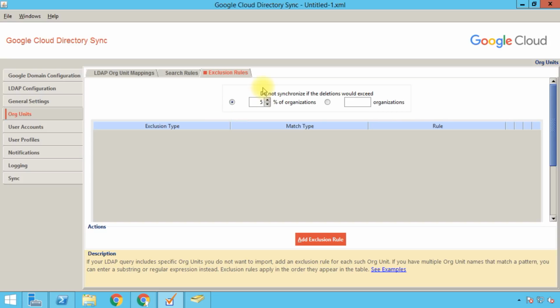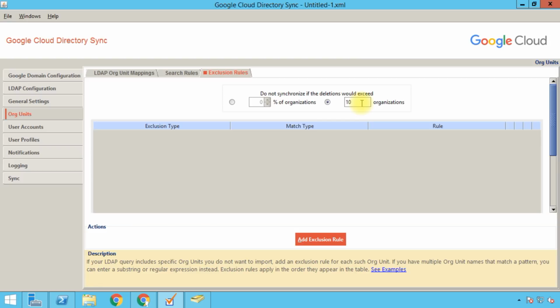So you see now the option tells us: do not synchronize if deletions would exceed 5% of organizations. This is the default value. You can increase it or decrease it to whatever you want, and you can also set it as an absolute number, for example 10 organizational units. This means that if you are going to delete 9 organizational units in the sync process, that's fine. If you are going to delete more than 10 organizational units, then the sync process will be aborted